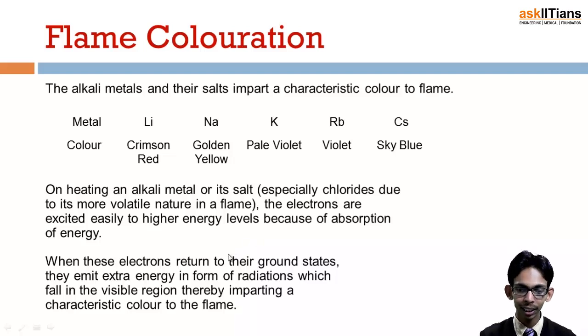And when these electrons return to their original ground state, they emit the extra energy which was absorbed by them, and this energy comes out from the atom in the form of electromagnetic radiation which falls in the visible region, because of which it appears as color, light, and that is why they impart characteristic color to the